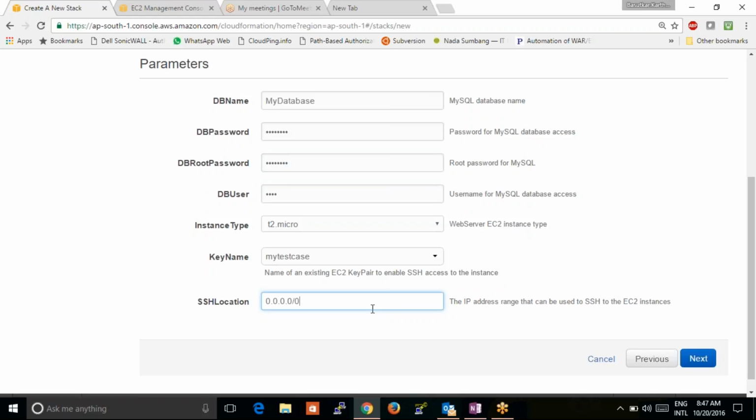Or if you want to restrict this SSH port in order to communicate only to your LAN or your office premises, whatever, you'll specify your WAN IP here. Okay, so I'll keep this, let it be. I'll open this SSH to the world and next